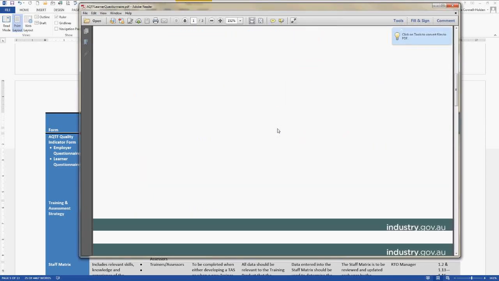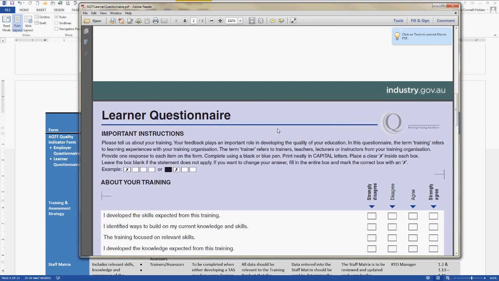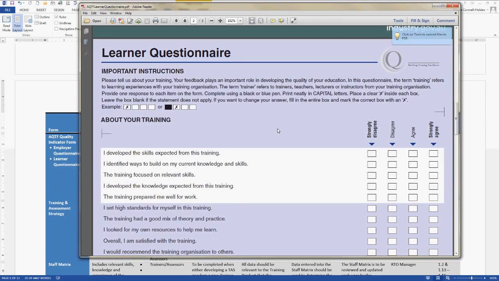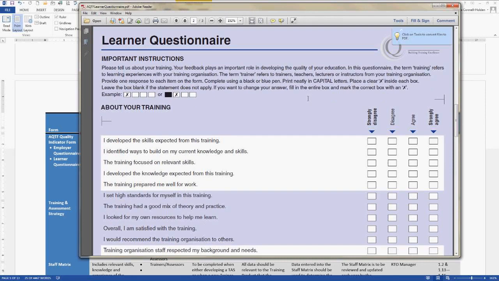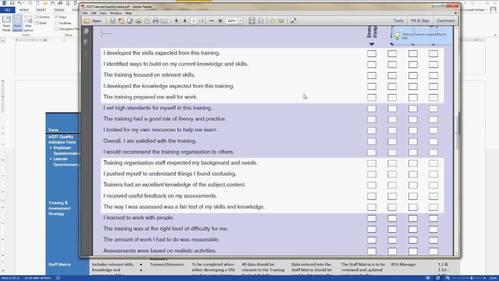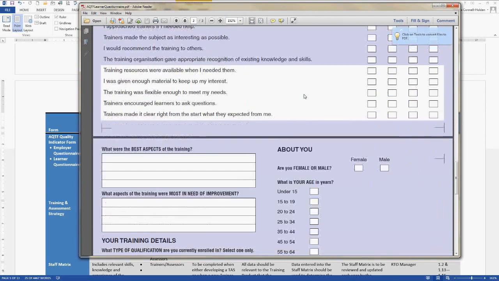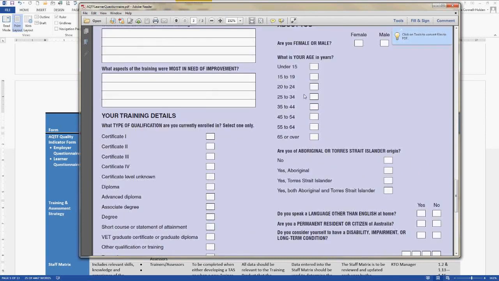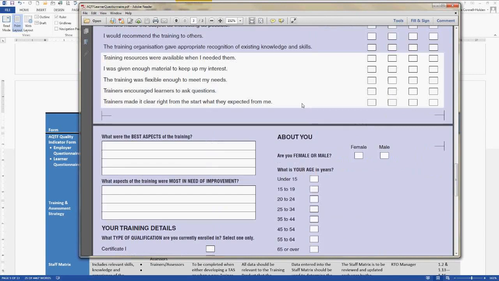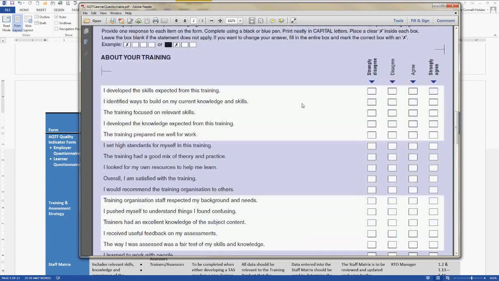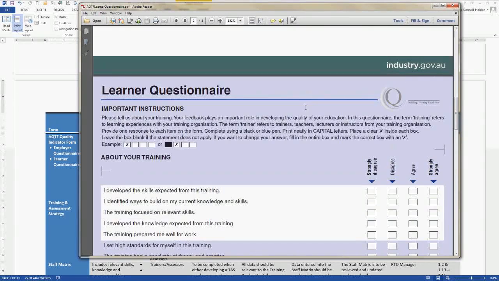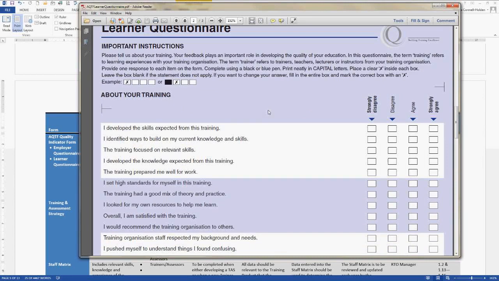So this is the form over here. This is one of the documents that we provide you, but you can also download this from ASQA as well. This is the quality indicator form where you'll be collecting the data from, which will be part of that continuous improvement. For every course that you hold, you will be distributing one of these forms to every single student, and the students will be required to complete that form. And then once a year, you're to provide a summary report to ASQA.